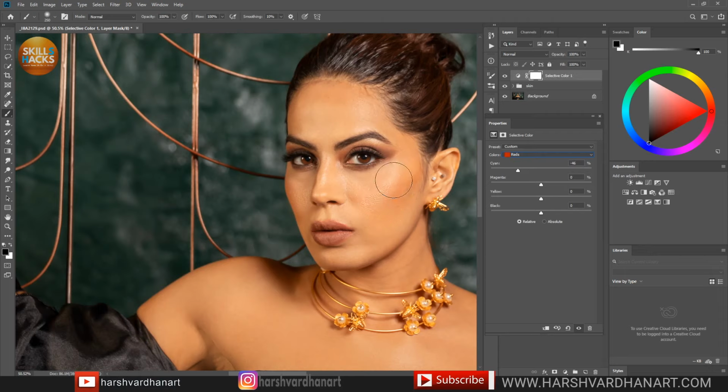I love this red skin tone because yellow is not of a healthy person, so that would look like she is ill. So I'll take the cyan to something like this, and then magenta, so we can add more redness, or we can take away the redness. So I'll go for something like this, +6 is just fine, and then yellow. So I think +6 is just fine,